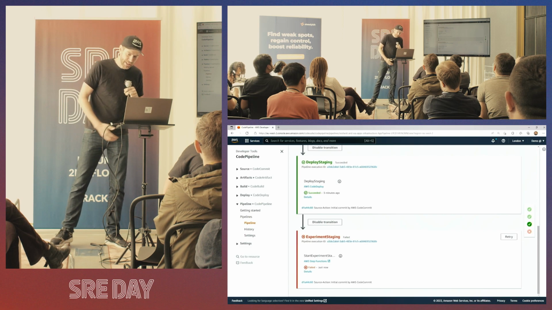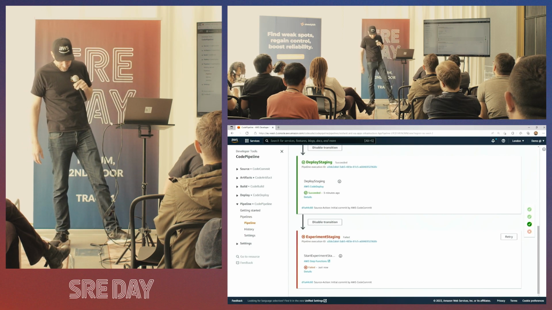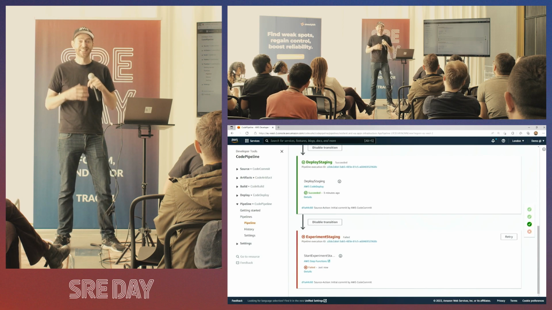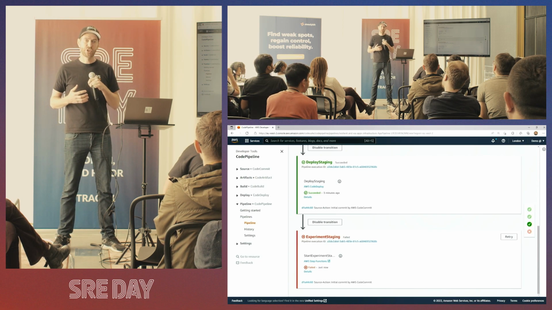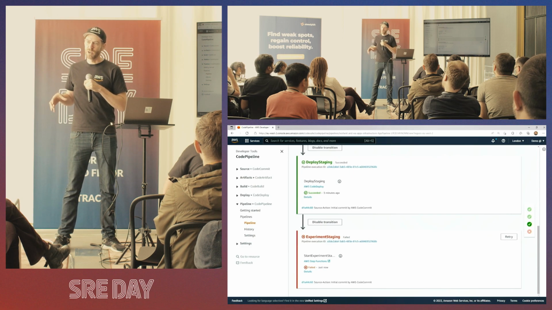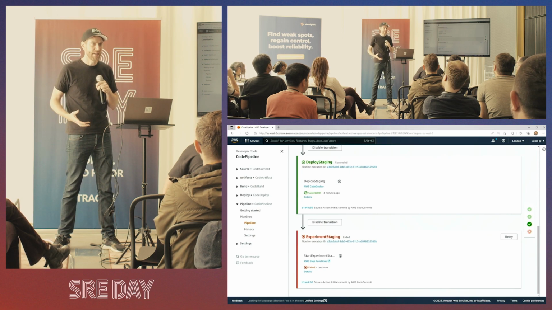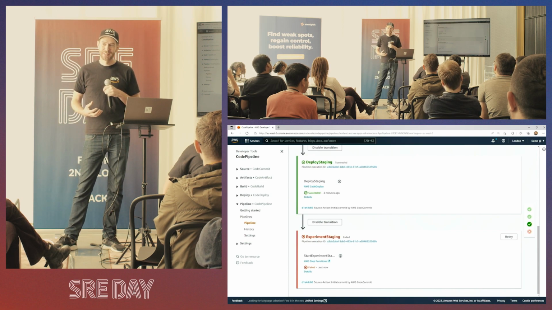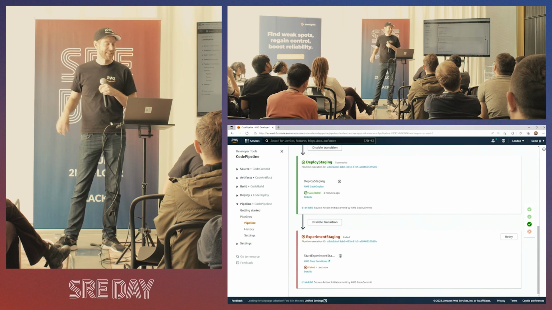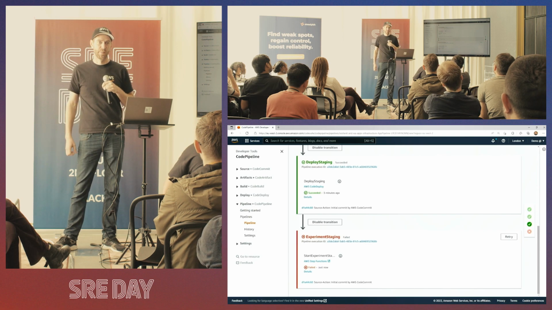So by doing this, including these experiments in our delivery pipelines in a safe way with stop conditions, with safeguards, we can make sure that we're running those chaos experiments continuously, but in a safe way. So code that is incorrect or faulty does not get sent to our production environment.